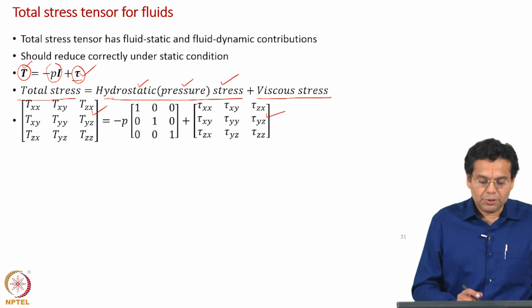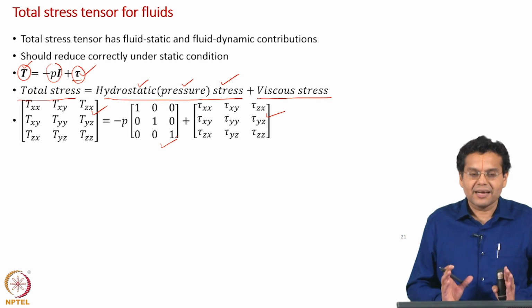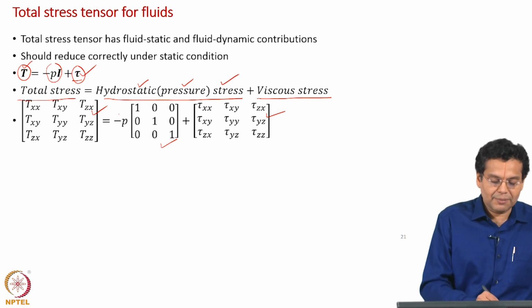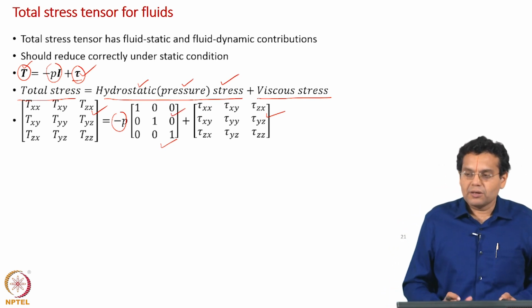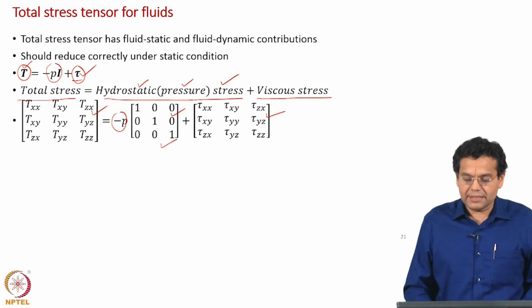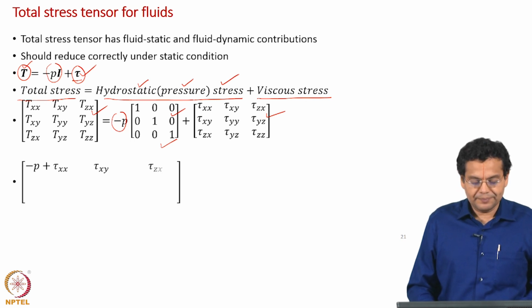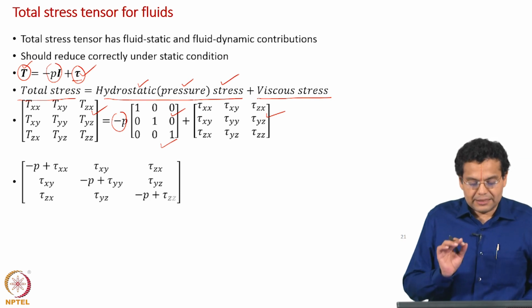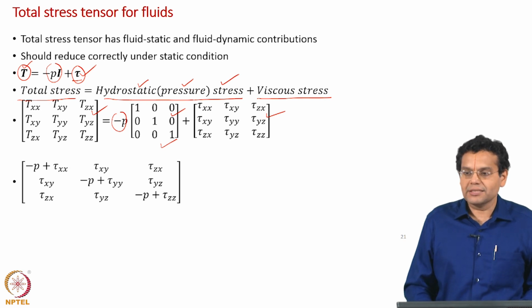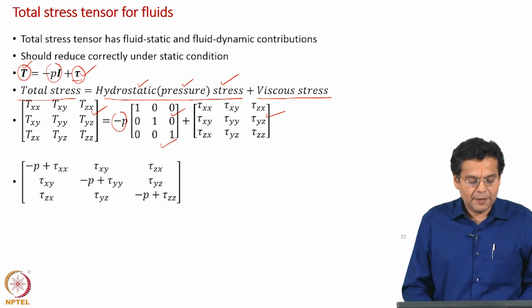So, how do you express it? You multiply with the identity matrix. Okay, it is called unit tensor etc., but our language will just say identity matrix or unit matrix. So, I multiply this minus P with 1 1 1 along the diagonal as my matrix, more formally the unit tensor or identity tensor. Okay. And if you sum up term by term, the off diagonal elements have no change, only the diagonal elements change. We have seen that under static condition the stress tensor becomes diagonal. So, to the diagonal elements minus P gets added.